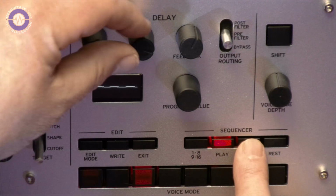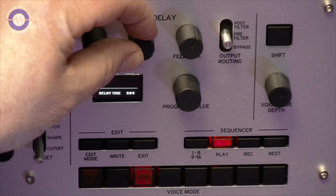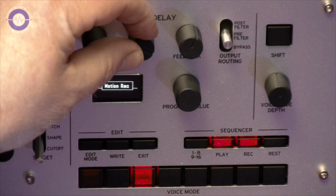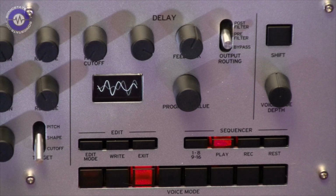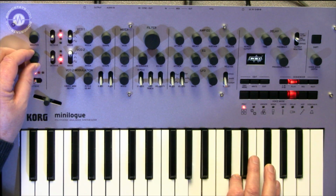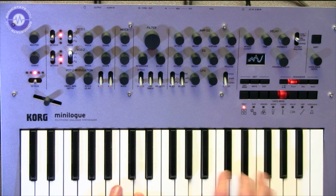Let's try it. So I'm just going to basically hit record. I'm not going to play any notes. I'm just going to wobble this very slightly, and let's see how that sounds. That's nice, it's quite subtle, which for me is a godsend. So that's quite nice. So now we've got this kind of chorus